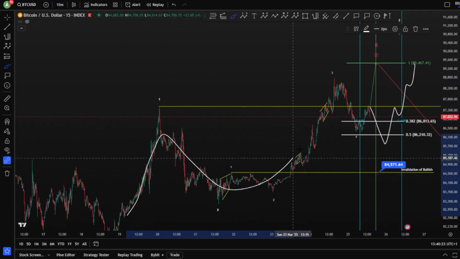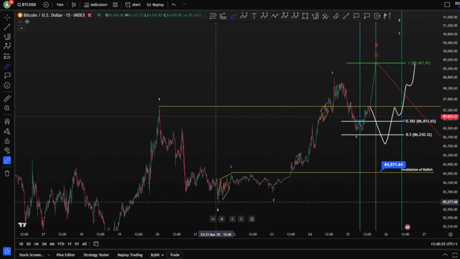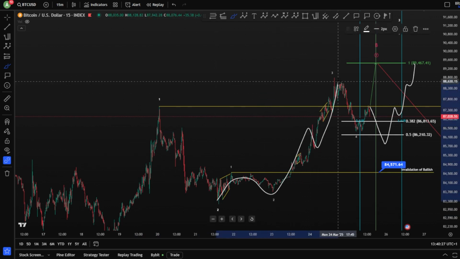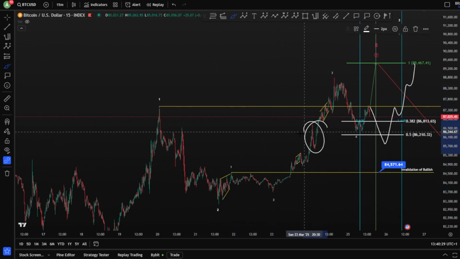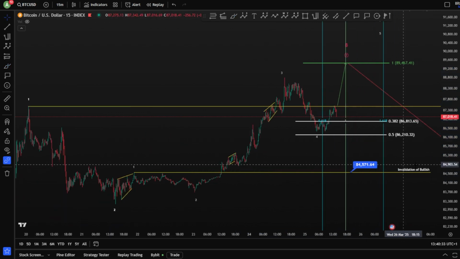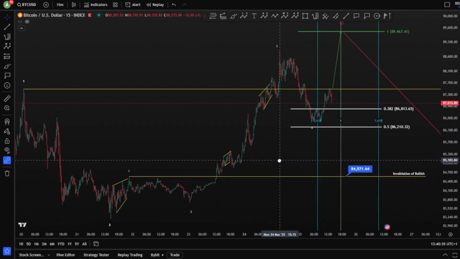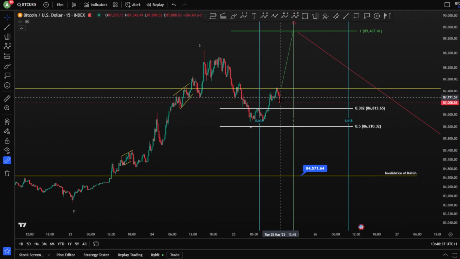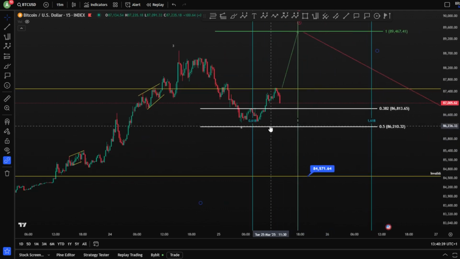Unless this ABC has already finished here somehow with 1, 2, 3, 4, 5 maybe, but your wave 4 is very shallow in time, which is a very rare case scenario. So we have to be careful, of course. This is not looking good as well, knowing that here